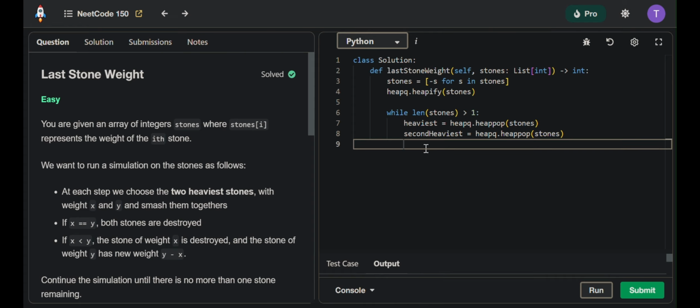Since we are using a min heap, we know that the heaviest rock is going to be either smaller than or equal to the second heaviest rock. So what you really care about before we smash two rocks is just to know if both are not equal. If both are not equal, it means that the heaviest is smaller than the second heaviest. And if they are equal, we just pop them as we did here, and we do not do anything else because both rocks are smashed and no longer exist. So we can simply say that if heaviest is not equal to the second heaviest,